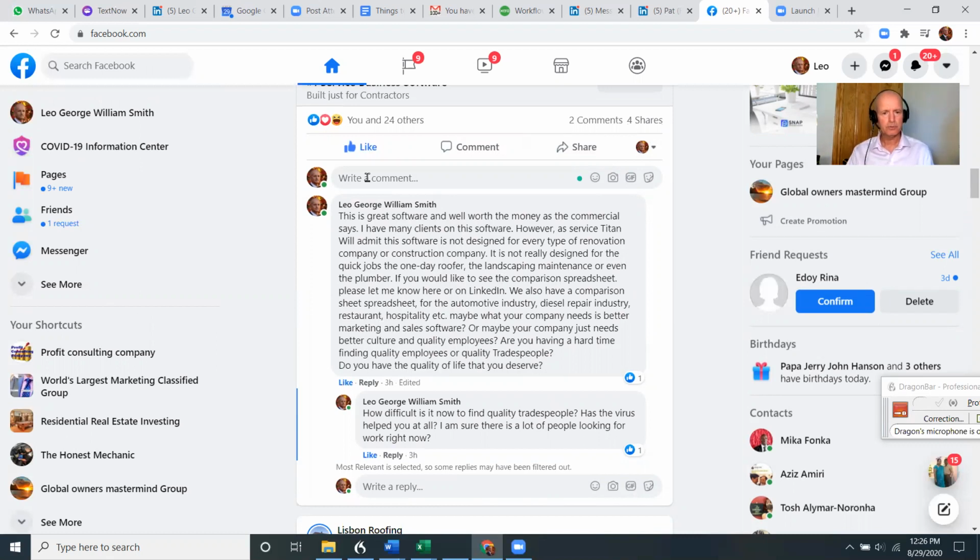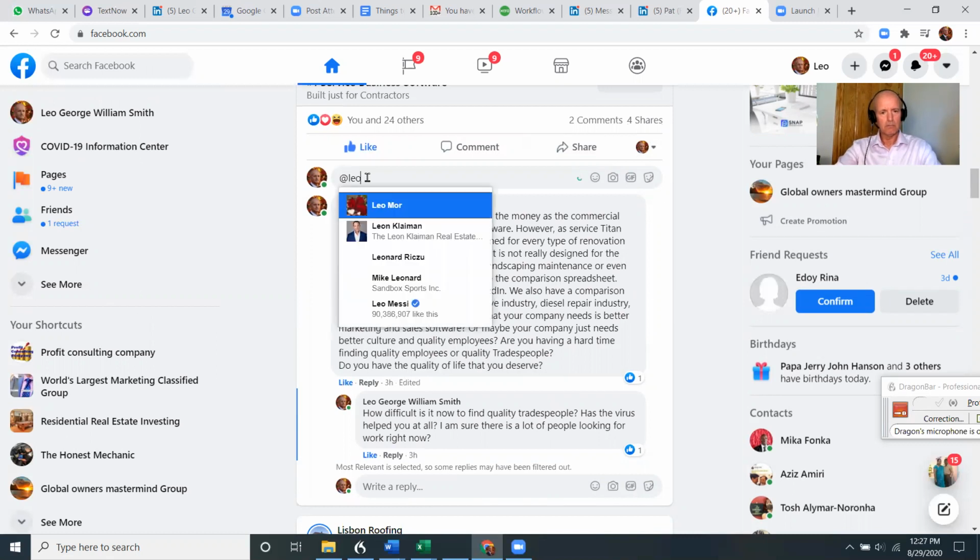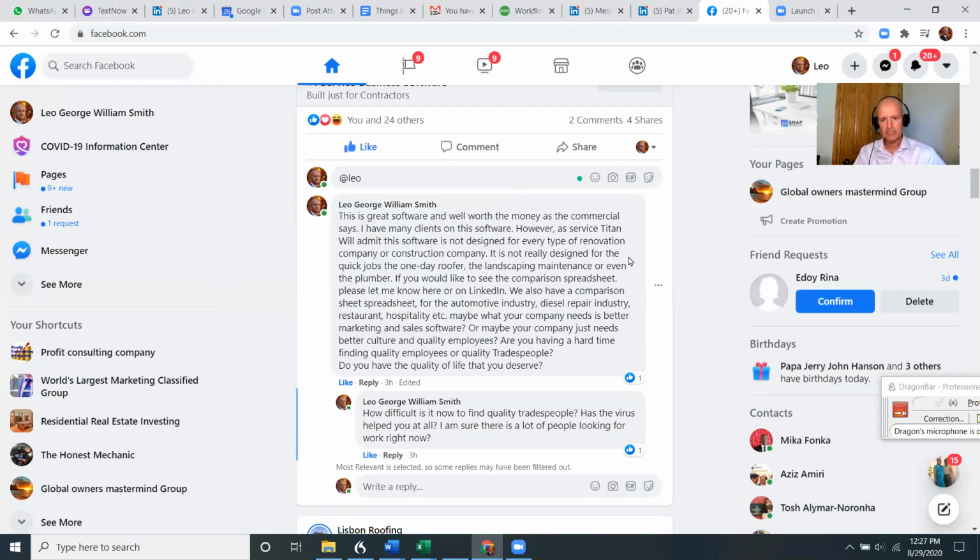You should be able to, even though it's Facebook, add people. So you can add me to this conversation, then I can make a comment, or take a screenshot of it. No, a screenshot will not help me find it, but add me to the conversation, then I can post a comment. But also make sure that you copy the link. There should be a way of copying the link and add it to the to-do list.